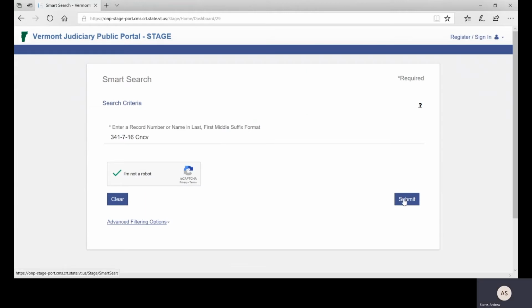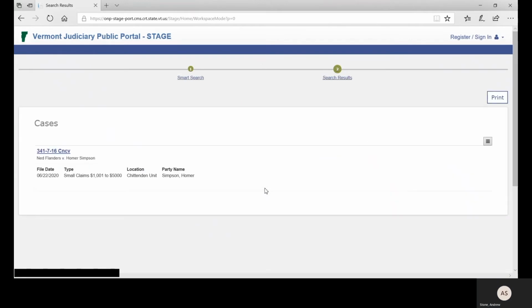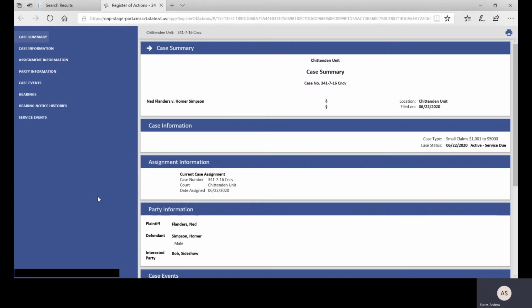Okay, now it's happy, and I can submit my search. So as long as I put the case number in correct, and as long as I have the rights to see the case, it should pop right up, and I can go right into it by clicking on the hyperlink case number here, and it's going to open up what is called by many names, either a docket sheet or